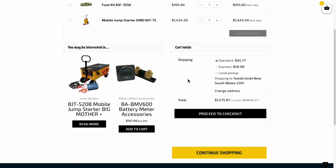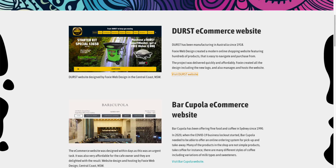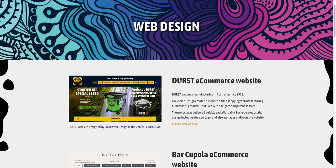So it's really quite intelligent the way it works out all that shipping. And this is probably one of the hardest things to actually work out when you're sending the heavy objects. Now, if you're interested in knowing some of the terms and conditions and why we can do this so cheaply,